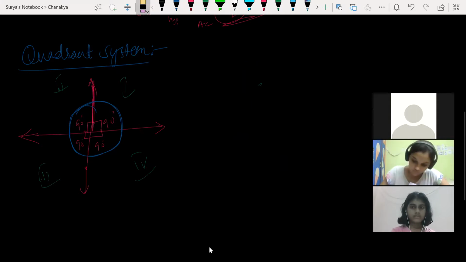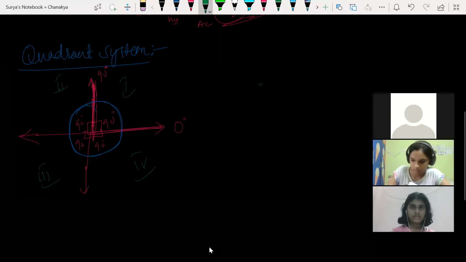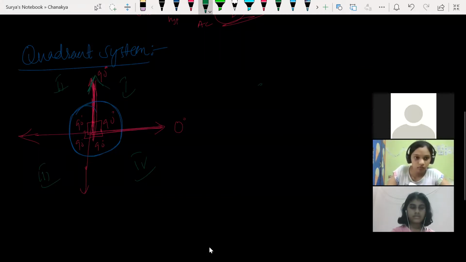Now look at this. Everyone knows this. Try to understand clearly. Here, guys, we'll be having totally 4 quadrants: first, second, third, fourth. Right? I'm just writing 0 degrees. If I go from 0 to here, this will give me 90 degrees. Yes or no? Yes, sir. Then 90 plus 90, 180. Again plus 90, 270. Again plus 90, 360. Clear? So everywhere I'm making just 90, 90, 90, 90.